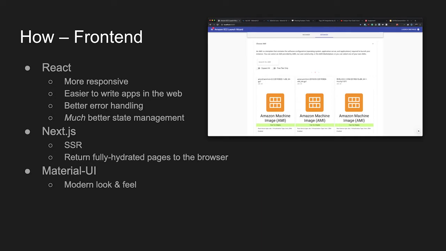We decided to tackle this project in React. React is a JavaScript framework/library that Facebook developed, and it has very good support for mobile development. You can write extremely responsive applications in it. It has very nice error handling, and probably the biggest reason for using React is its state management. As we all know, in normal old school JavaScript, managing your state is quite a hassle, and React makes it